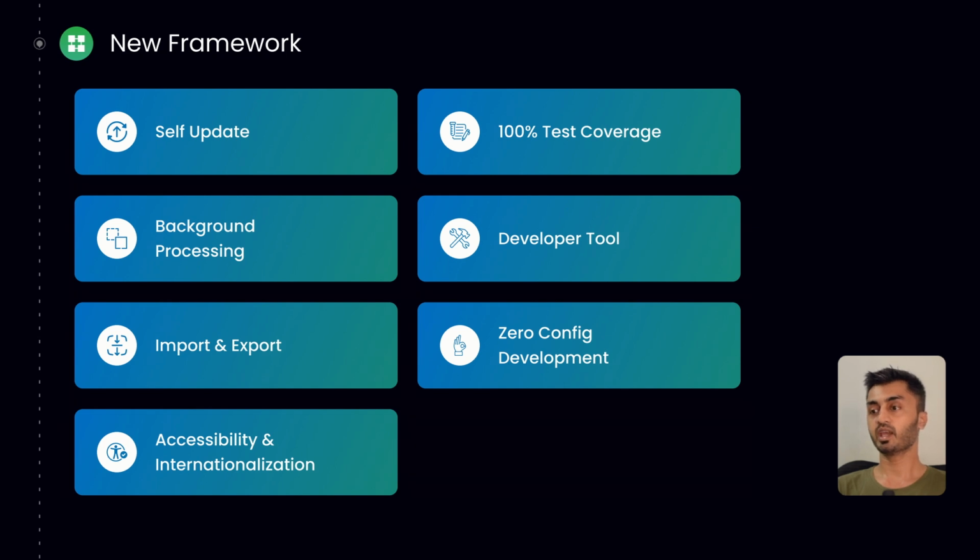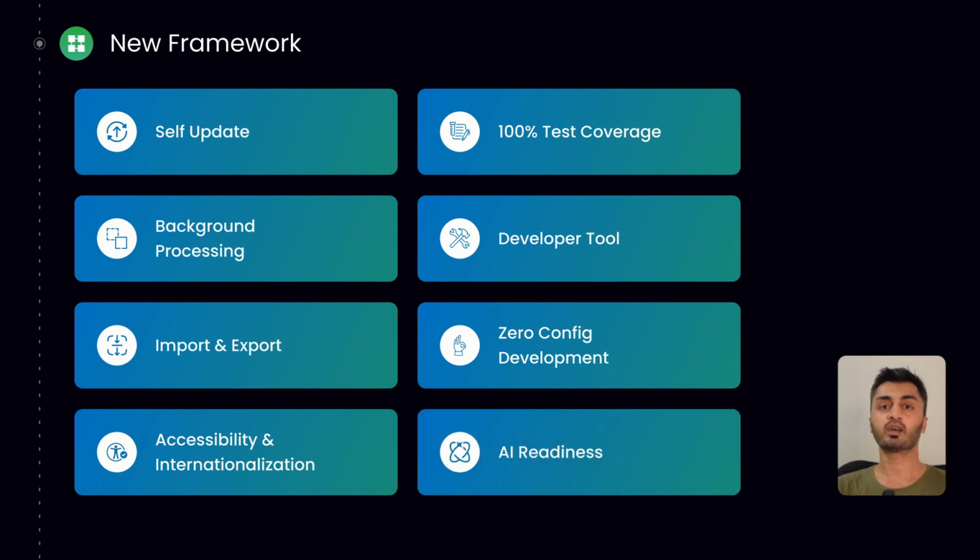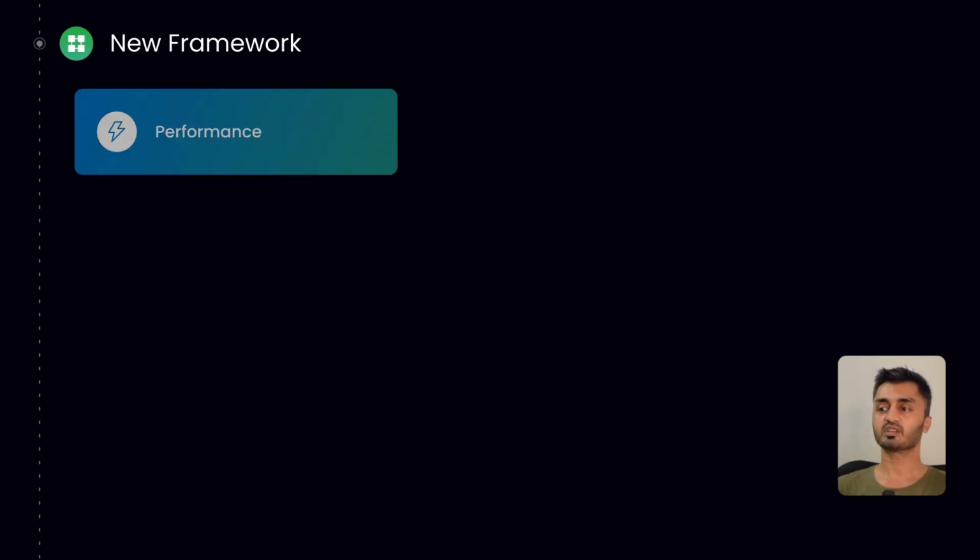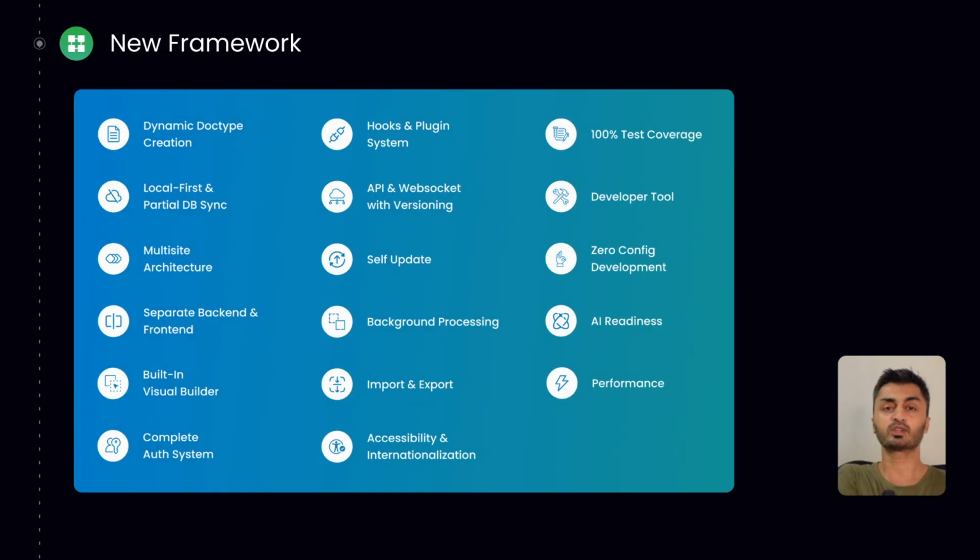Then we will have AI readiness as a feature. Now I have no idea how to achieve this, but we will have a properly structured backend, a properly structured front end. Then we will have well-defined APIs. All these things put together, I think we can feed that into existing AI models, or maybe we can create our own model. I don't know, but I think it will be a good start. Finally, performance as a feature. What we will do is we will create a gatekeeper to publish the code only if the framework passes a performance test against a standard. So what do you think about this feature list?